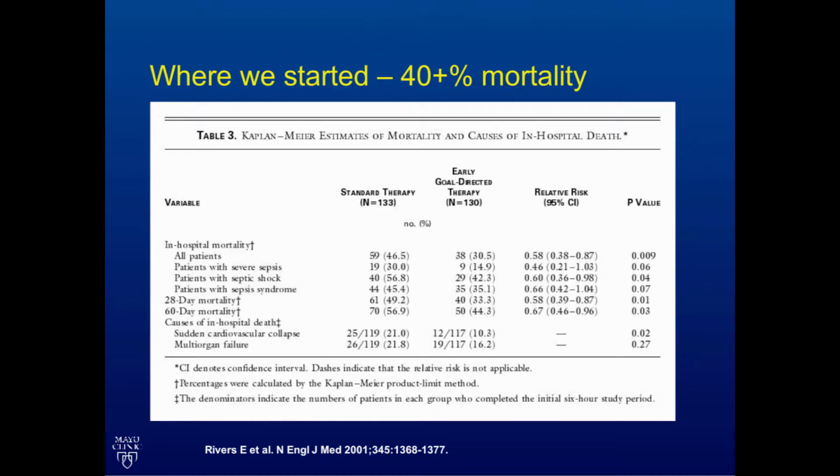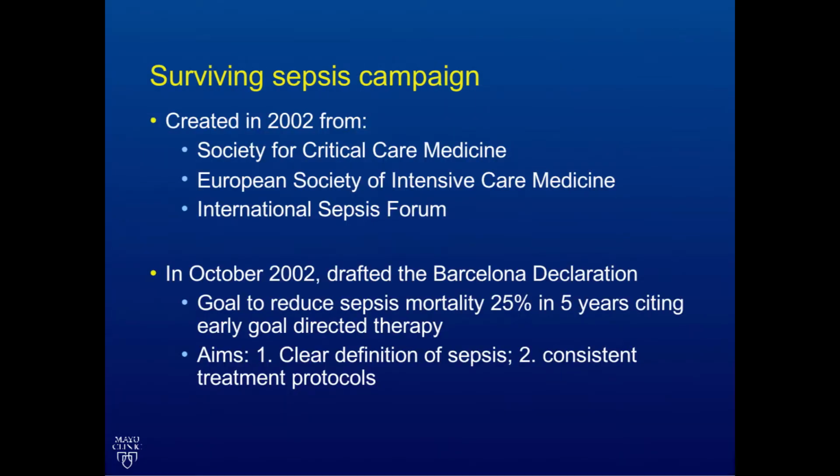I know that you all know of this study, or many of you do, and many of you know of the recent press and comparison studies about that. I'm going to help put those into a little bit of context, I hope. Now that there was an intervention that might help, this really sparked the creation of the Surviving Sepsis campaign. In 2002, 3 different organizations, the Society for Critical Care Medicine, European Society for Intensive Care, and the International Sepsis Forum, got together to make the Surviving Sepsis campaign.